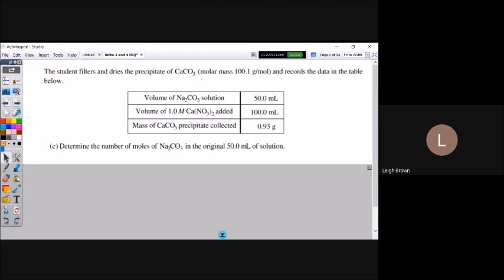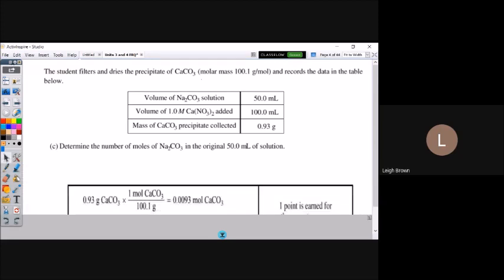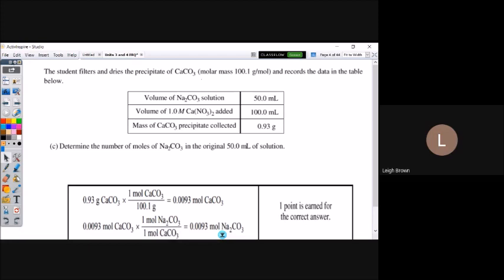But think in your mind, you've got to change grams to moles. We were given the molar mass, so that's that calculation. And then you're expected to realize, hey, even though this is a 1 to 1 mole ratio, I have to represent that in writing. Again, just remember there are a lot of lab-type questions, called gravimetric analysis, where you're given information about a precipitate and asked questions about a reactant. That's very commonly something you might have to solve for. Okay, let's keep going with this free response.